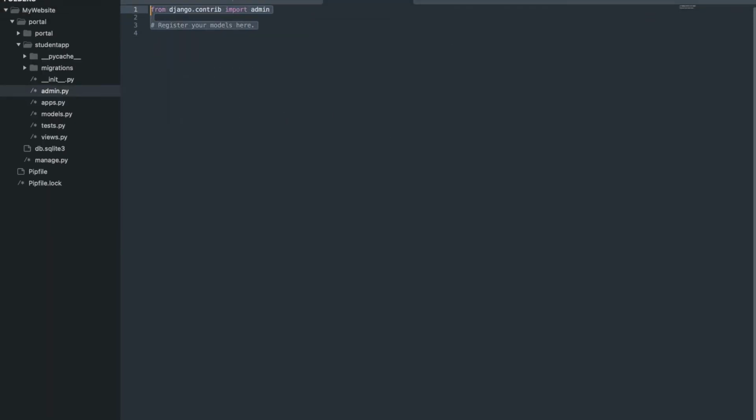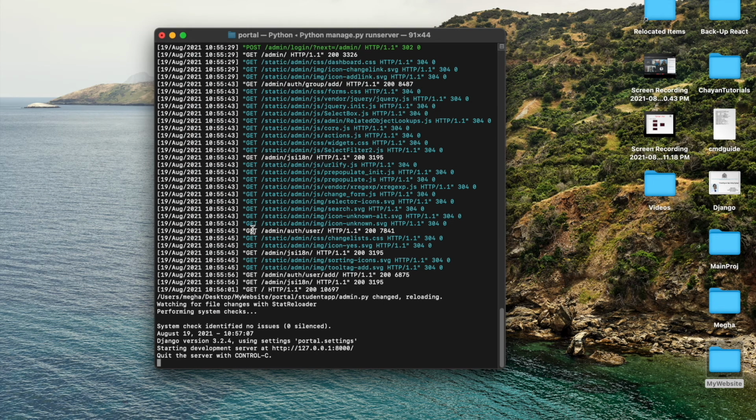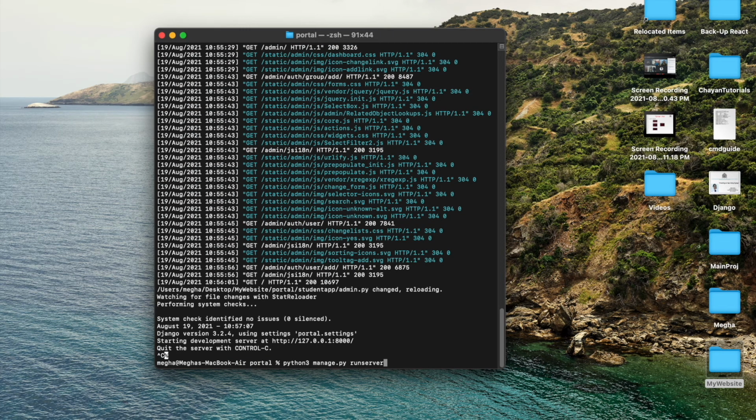I'll come here and I will say, from django.contrib import admin, okay, only importing question choice. I will also import student MIS and something like this, command C. I'll have to register it, only then will it pop up over there. So you'll understand what I'm trying to say. Say student MIS. Okay, we'll save it. Alright, now quit the server and run it again.